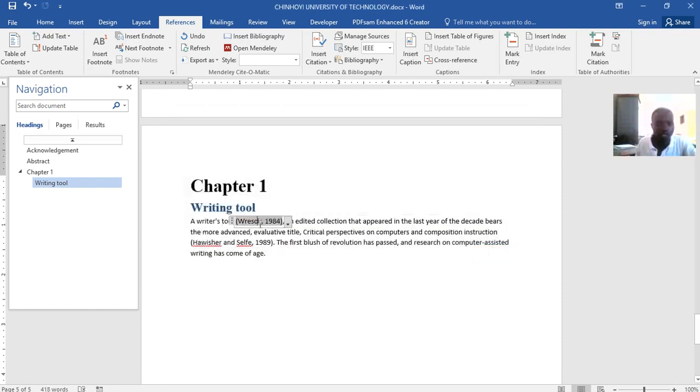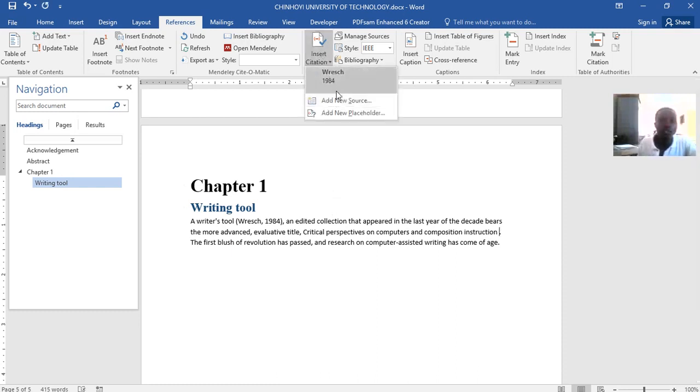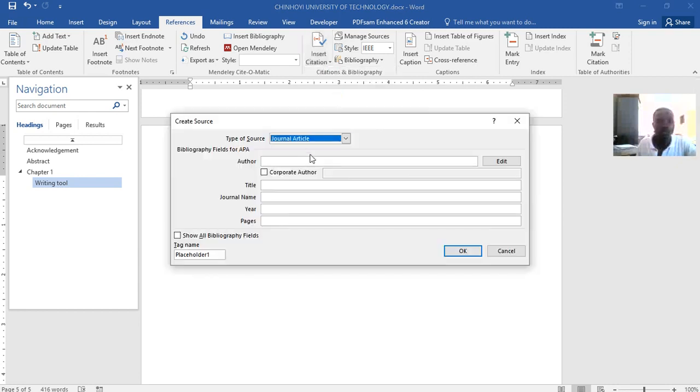So you see, if I click it, it's now a field, right? Same applies to this UEFA and this 1989. Let me cut that, move it, then insert citation, add citation. So whenever I want to add this as a reference, I may just click that one. But if I want to add a new source, I'll just click there, maybe add this one like that, then get the year in its field like that,